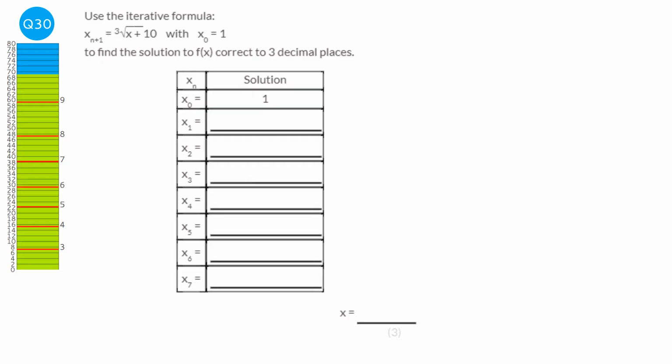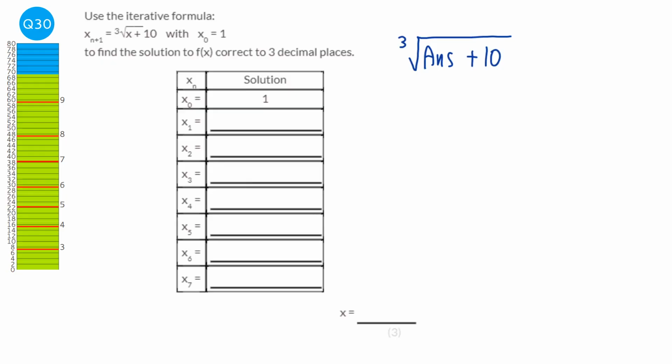Now what that will do is it will store the 1 that we have here in our calculator. Then we're going to type in the cube root button, and the 1 will disappear. That's not a problem, because the next thing we're going to press is answer plus 10. So on your calculator it should look like this: the cube root and then answer plus 10. When we press the equals button, what will happen is it will work out what the next number is in our iteration. So if we press equals, we get